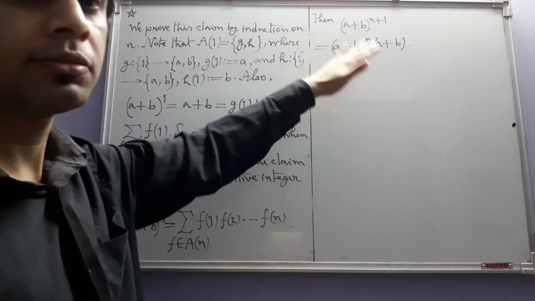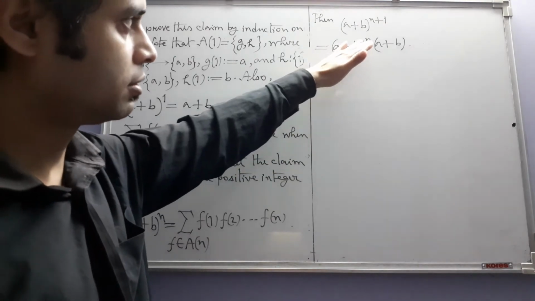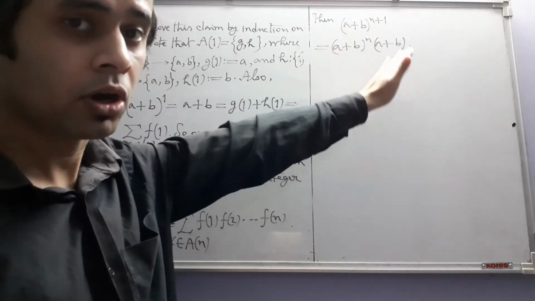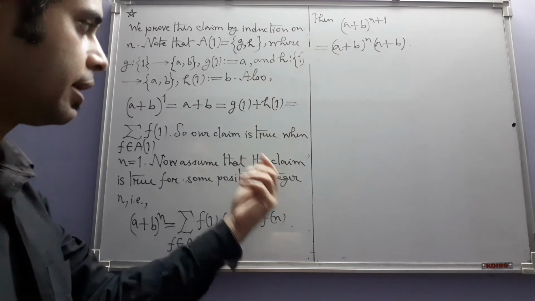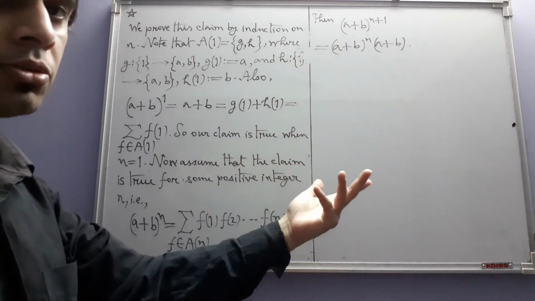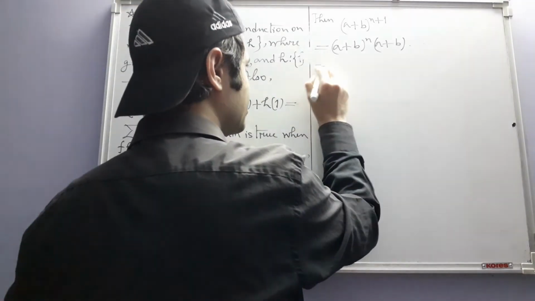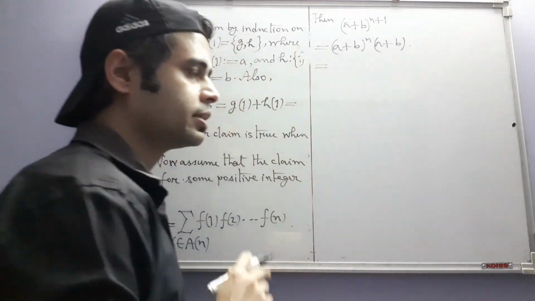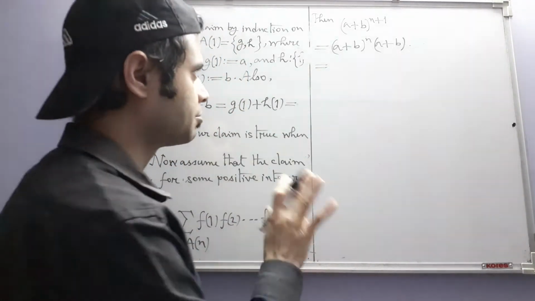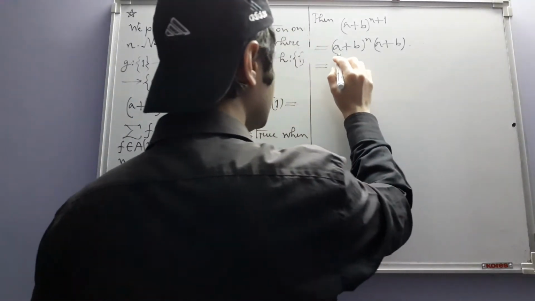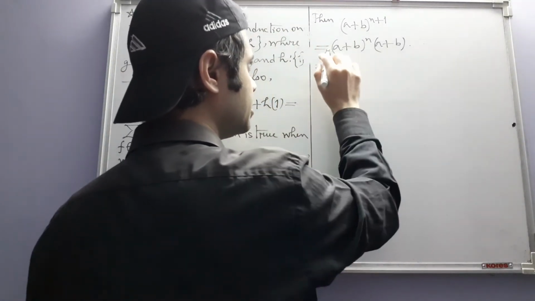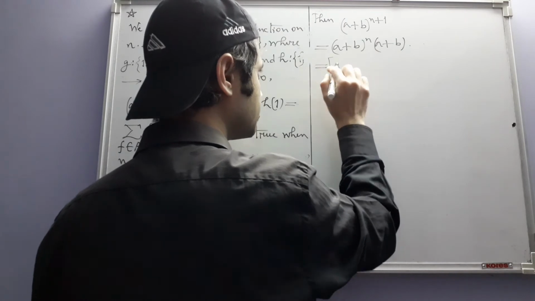This will follow either from that definition or from one law of exponent, which says that x to the power m plus n equals x to the power m times x to the power n. Okay, so assuming that we already have those things, we are writing this. We will come to that later. Now, using the induction hypothesis, this expression becomes